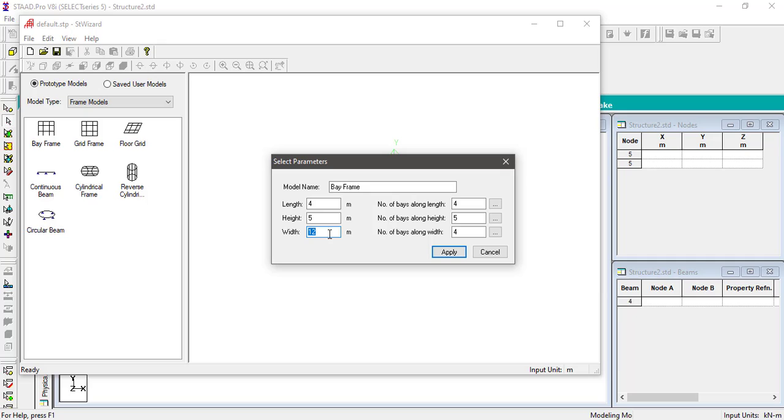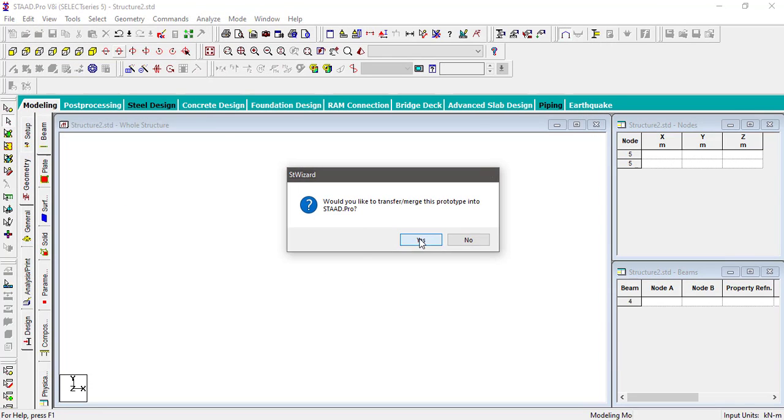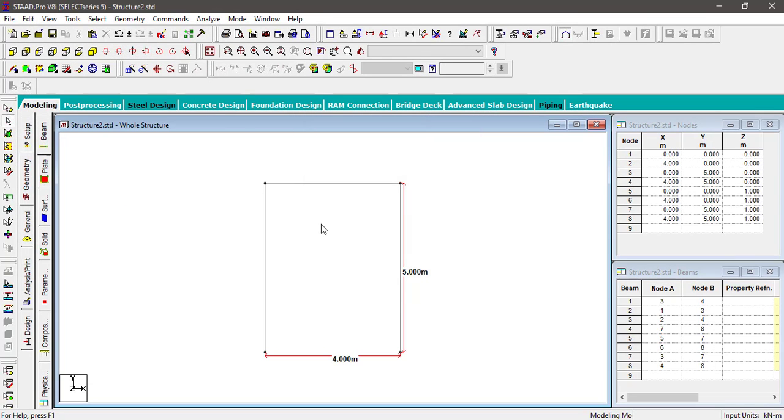The width I will delete later. This length 4 meter, only one bay. I will select one bay. Paste it, okay, okay.